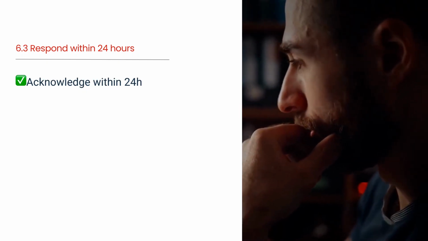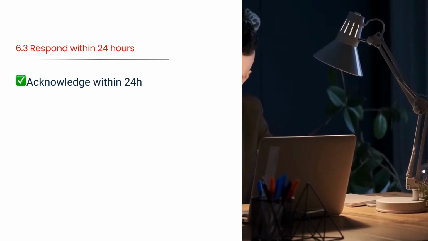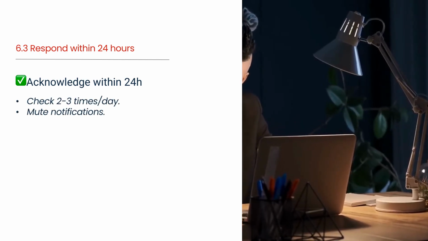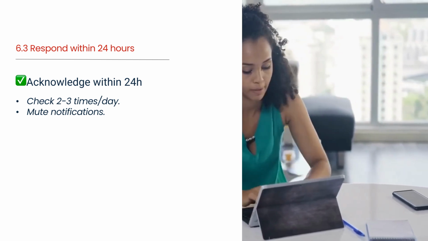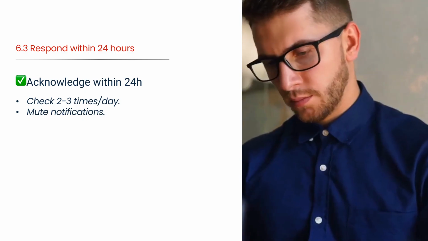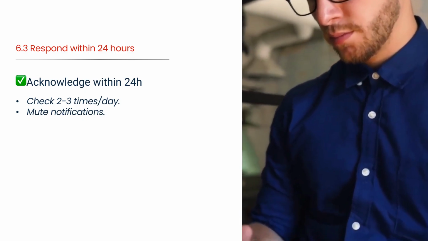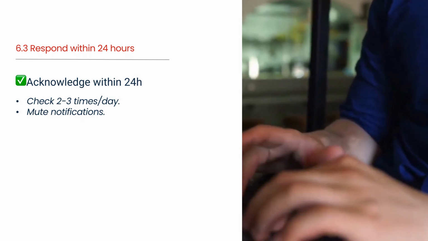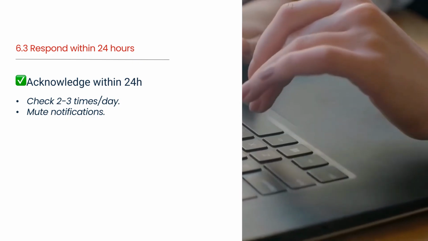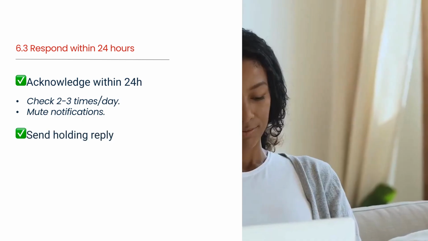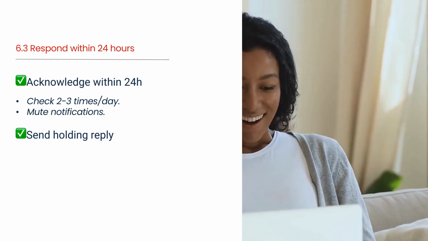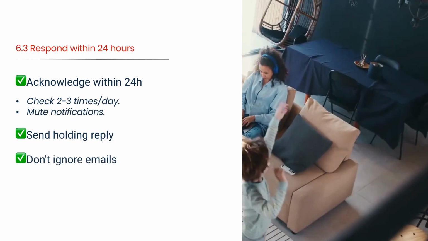Respond within 24 hours. Responding to emails within 24 hours does not mean wasting your entire day in that app. To work efficiently, set specific intervals to check your inbox, ideally just 2 or 3 times a day. When you do check, be deliberate: open, read, and do the needful action immediately. Also, ensure you keep notification sounds off to protect your focus. If you cannot answer fully in that moment, simply send a holding reply. The only wrong move is silence, so never leave a sender guessing.